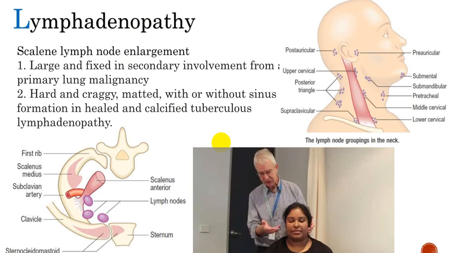So always look for lymphadenopathy in cervical and axillary region. And also look for lymphadenopathy in inguinal regions. Because if you get it in an inguinal region, axilla, and cervical region, it is more in favor of lymphomas. If you get it only in axilla, maybe tuberculosis or maybe bronchogenic carcinoma, more common. And in cervical region, either because of bronchogenic carcinoma or because of tuberculosis. So these two should be ruled out, most common.